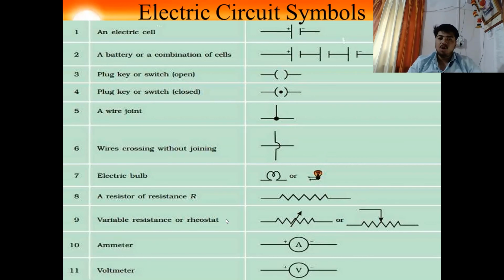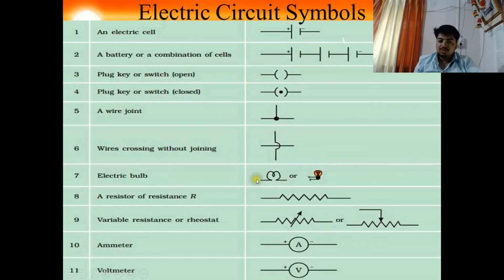Now these are the basic symbols used in electric circuits. Here you can see this is a cell. Here this long end means positive terminal, short end means negative terminal. This is a battery. Now battery is basically a combination of cells. Hence this is shown like this: one cell, then a second cell, then a third cell. Yes. Now this is a key. This is called a plug key. Here it is open right now. Now this is also a plug key, now it is closed. Now this is called a T-wire joint. Now this is a jumper wire, that is, the horizontal wire here does not touch the vertical wire.